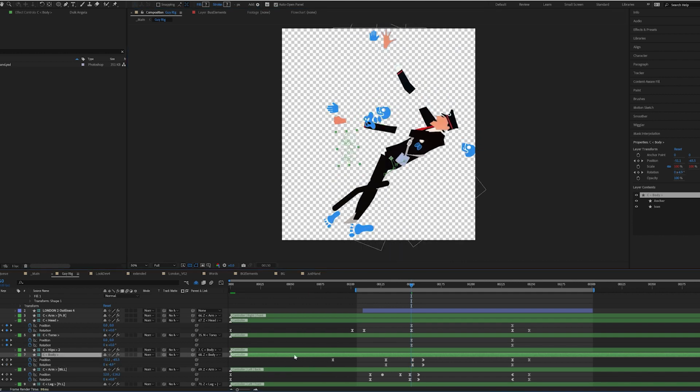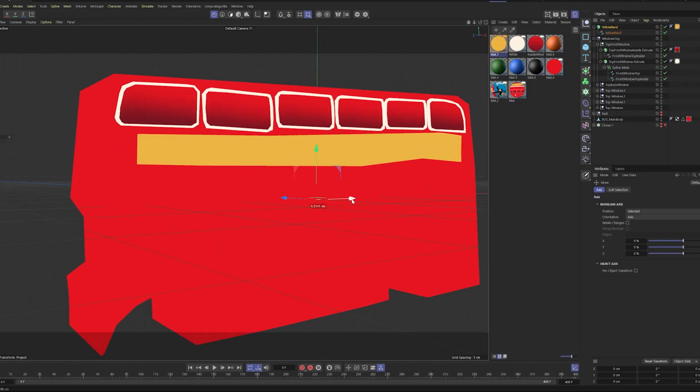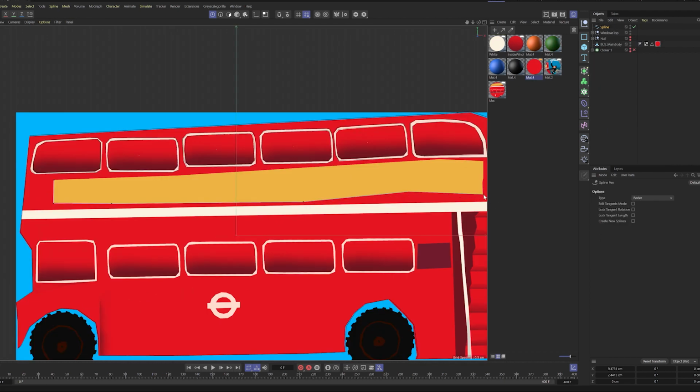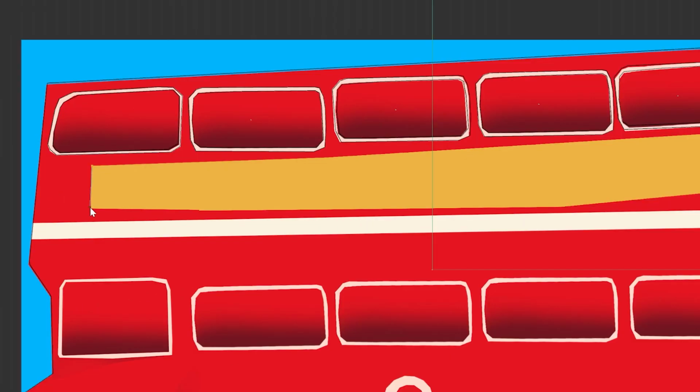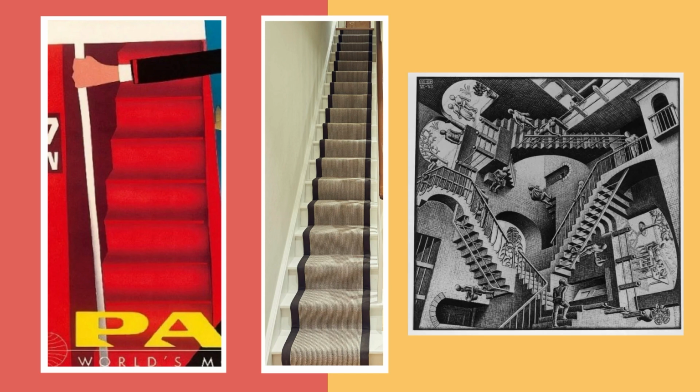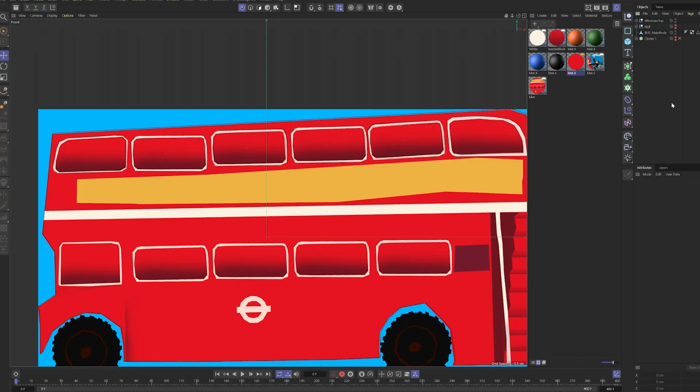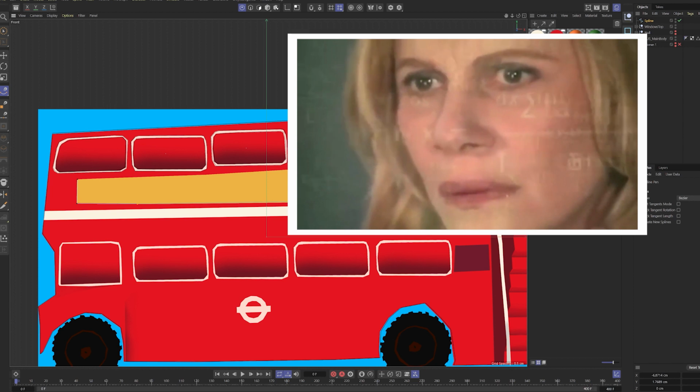The next thing I did was bring it into Cinema 4D. And this was a bit out of my comfort zone. I've done some 3D before, but I knew that this one was going to be a challenge because the perspective doesn't make sense. It is a weird shape, with a lot of different angles, so there's no real way to model this